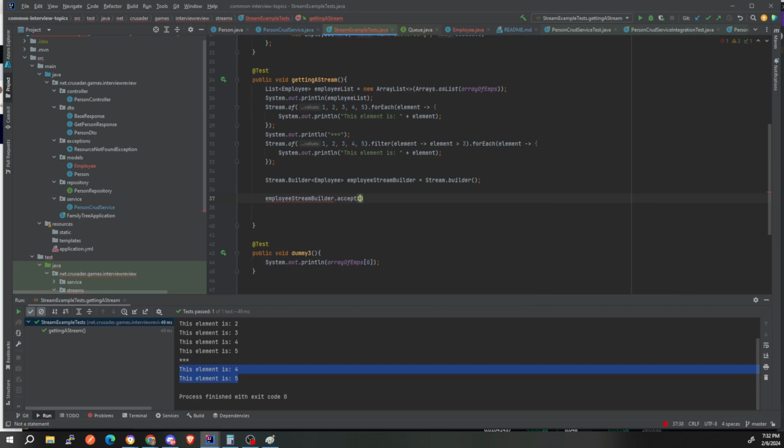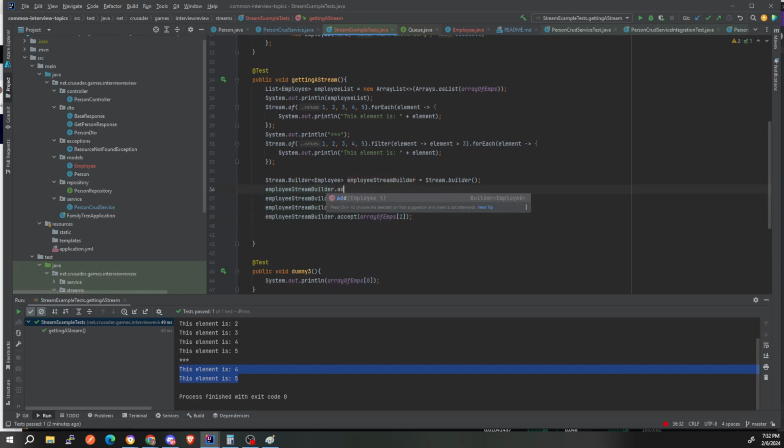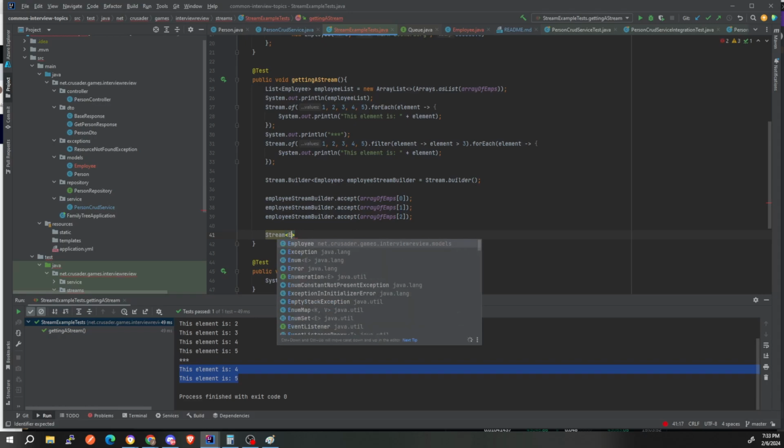I don't know. This is confusing me, but we'll just go with it. Array of employees 0. The syntax is, I don't know why it says accept. I don't know why it's not add. Did you see how that add came up? You would think that you would want to put an add, but there has to be something more to that. Once you do the accept, you can then do stream employee